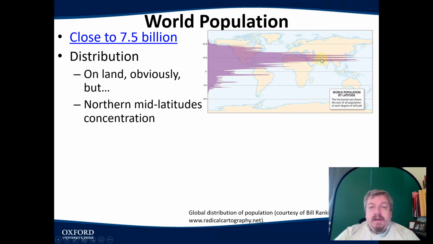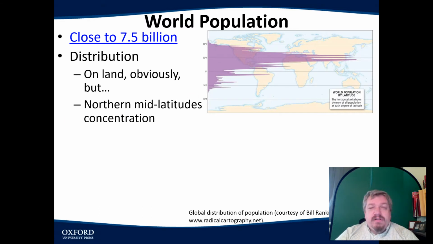Most people live there. Why does the population concentrate in the northern mid-latitudes? Well, the northern area has more land. There's more land here than there is here. So there's more land in the north. And secondly, mid-latitudes are the areas that are not the deserts and the tropical rainforests, but they're not frozen. So the type of agriculture that we practice in this world, growing crops throughout the year, works best